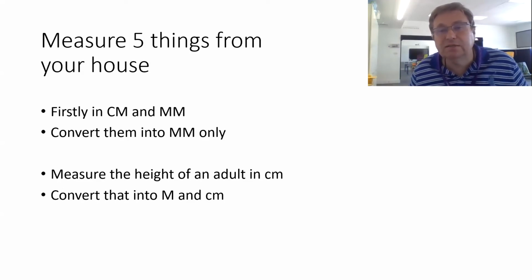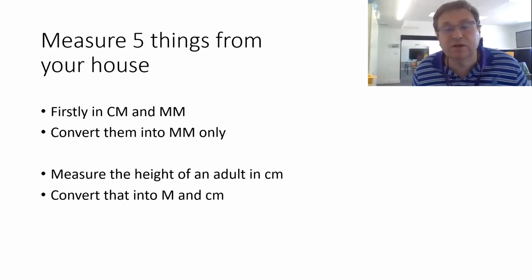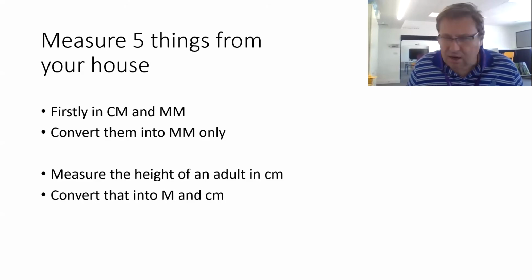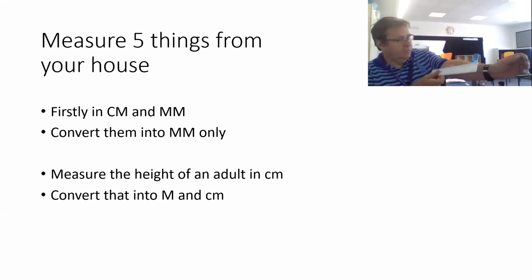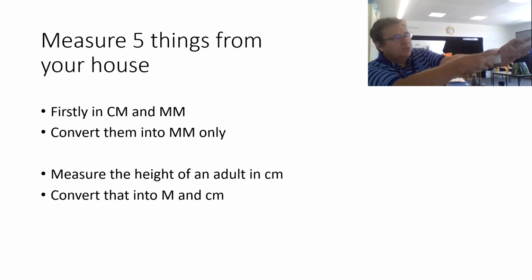Now, obviously, some objects are going to be more than 30 centimetres, and if you're using a ruler like that, that's going to be a bit complicated. So let's look for something that is more than 30 centimetres. I know, I'll measure my arm from here. Now, what do I do when I've got to the end of the 30? What I need to do is note that that point there, just by that freckle on my